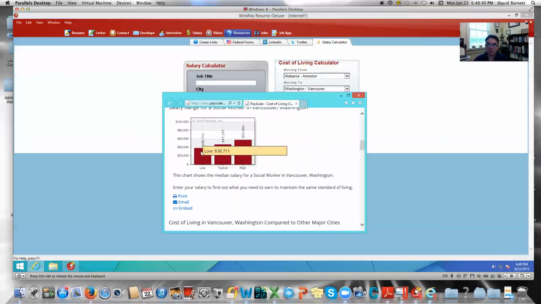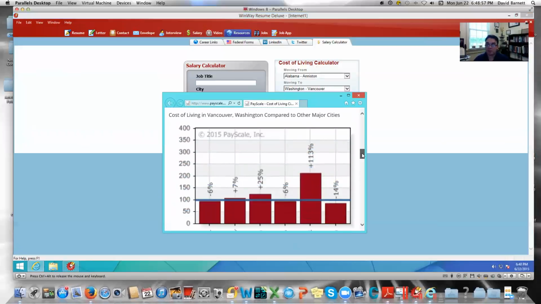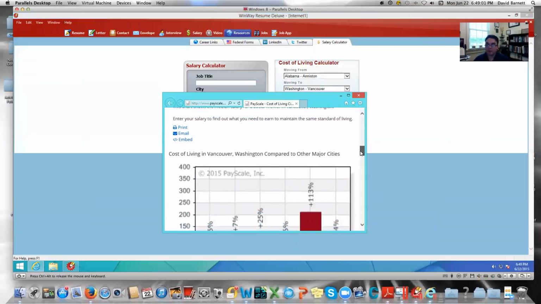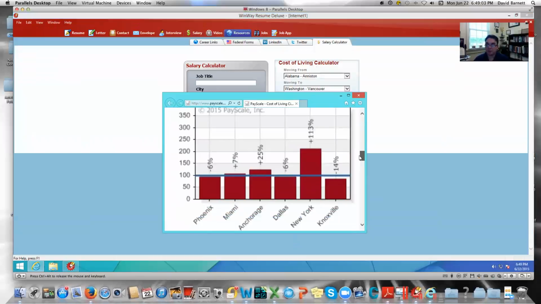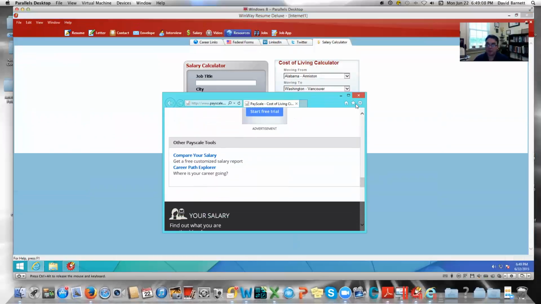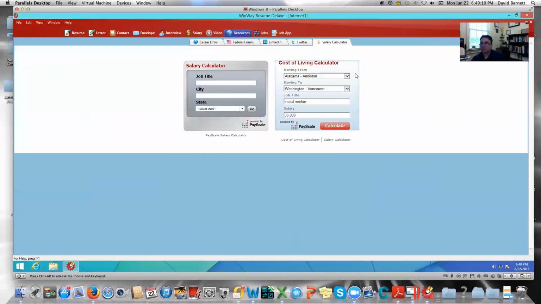As you can see on the low end, they make 38. On the medium end, they make 47. And on the high end, they make 57. So you can also print this, email this, or you can embed this information as well. The cost of living in Vancouver also shows major cities, comparing other major cities that you might want to consider. It's just an excellent resource to use, a salary calculator, especially when you're working with clients that are thinking about